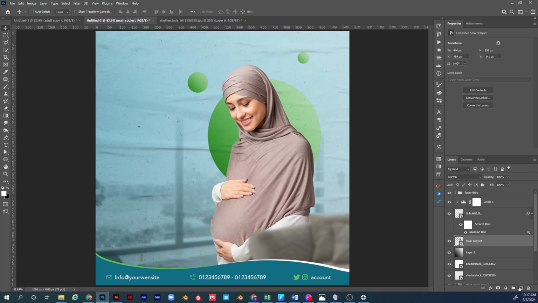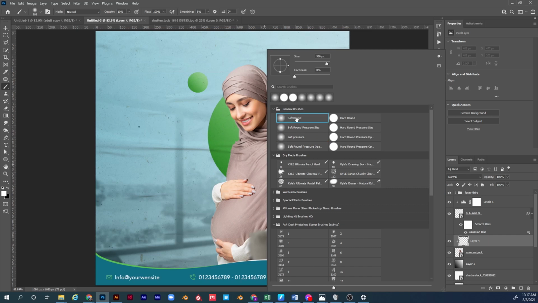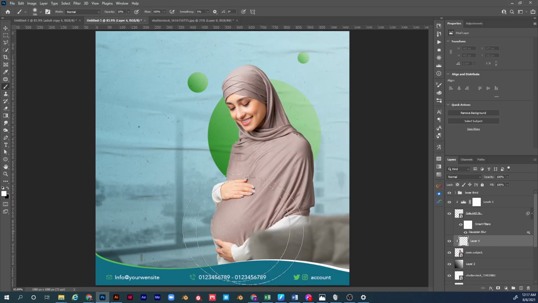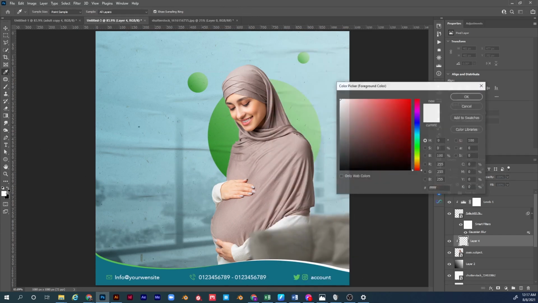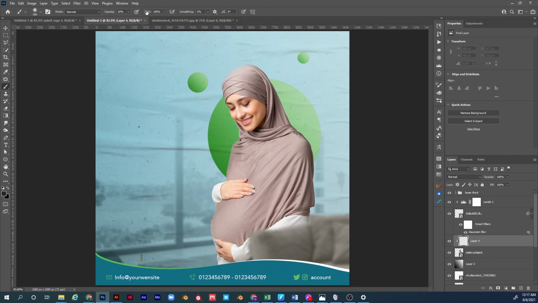Let's create an empty layer above it. Create a clipping mask. Now you are familiar with this. Let's press B for the brush tool. Right click, choose a soft round brush, and let's choose the black color. Or maybe a little bit dark, a color similar or close to this. Now let's make the flow 100% or maybe 70% and the opacity 10%, and let's give it some